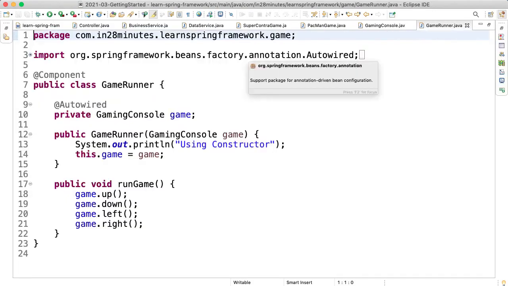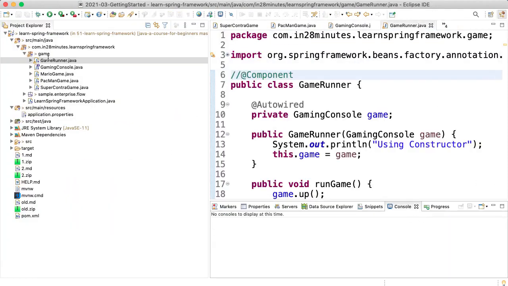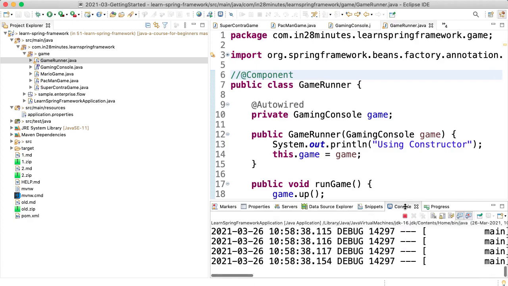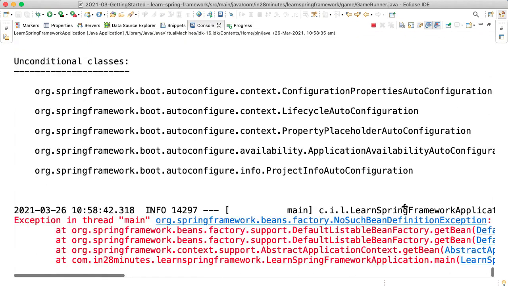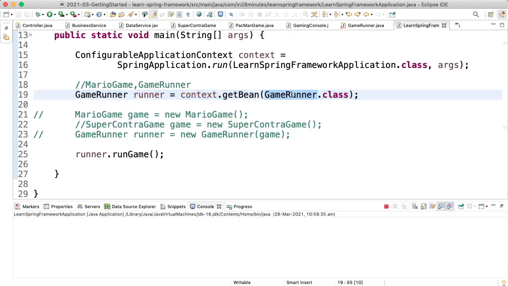Let's go to the GameRunner and remove @Component in here. What would happen? What do you think will happen? Let's stop and start the application up. What do you think will happen now? Error. What is the error? It says no qualifying bean of type GameRunner is available. So if I click this and go to that line, it's saying no qualifying bean of type GameRunner is